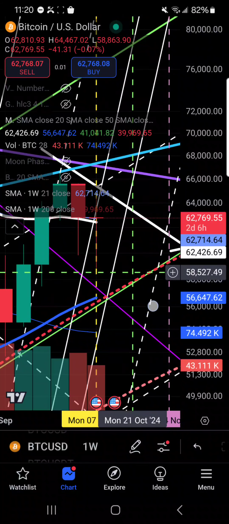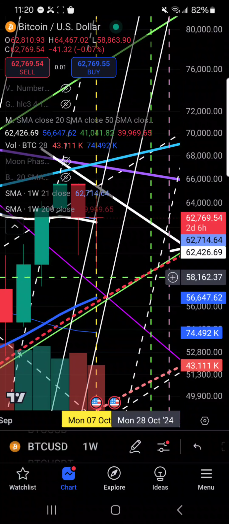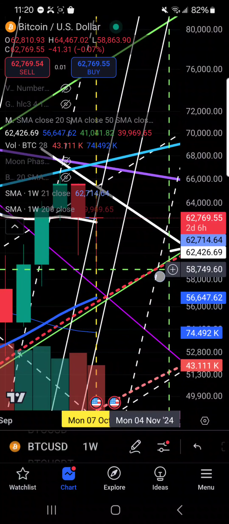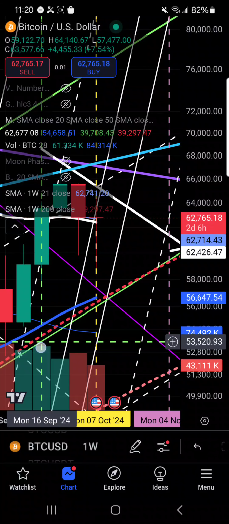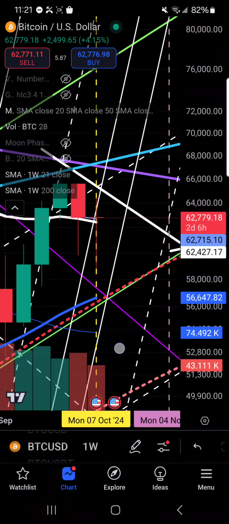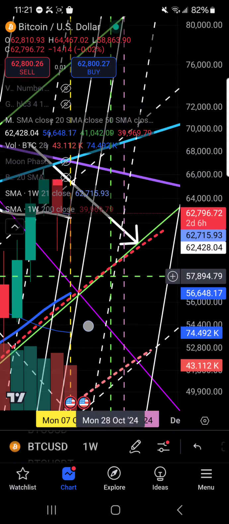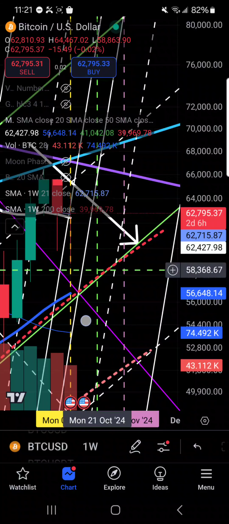Although I do think it's possible we will hit it, because it's also this trend line here that we've touched on in the past. So I do think we're going to hit it or come pretty darn closer to it in the next coming weeks as we head into the